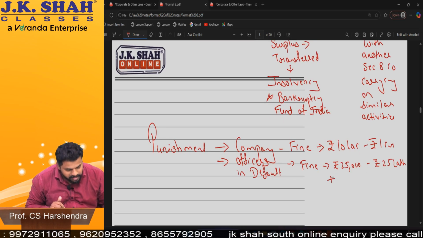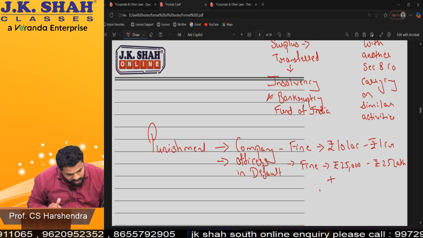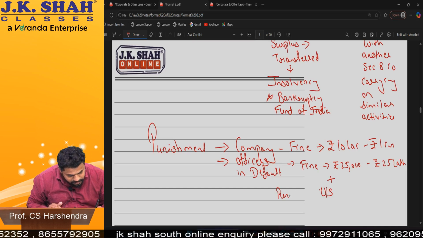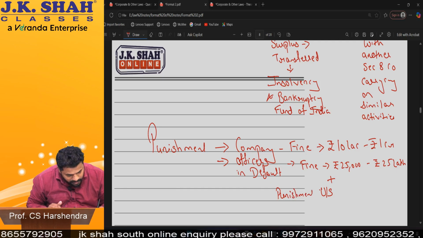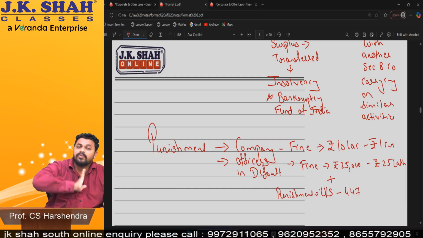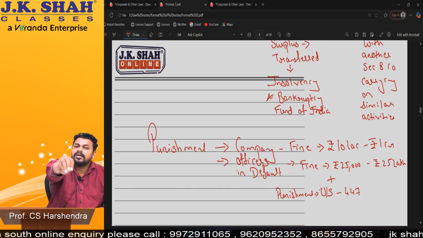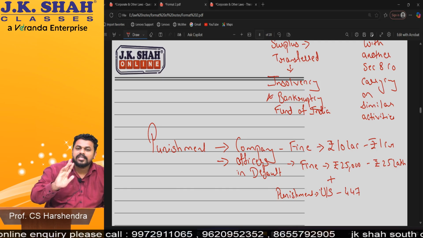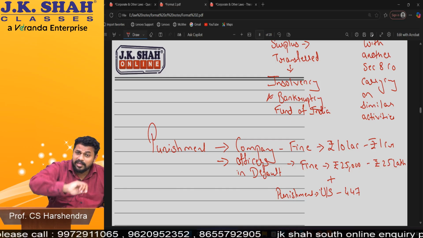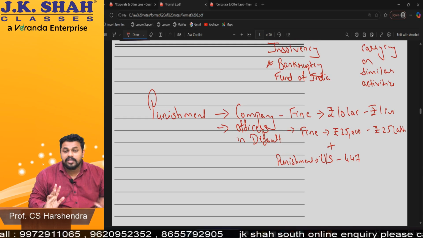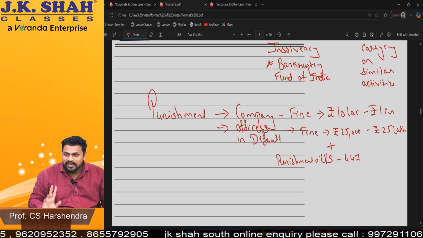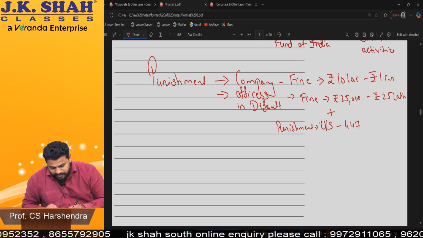Okay, plus he can award a punishment under Section 447. Now what is 447? In lesson number 3 we'll properly understand, but for the time being, jail up to 10 years if you intentionally did not follow the compliances, if you intentionally form the company to do fraud. Second method. Am I clear with this thing? Okay, did you understand? You are doing fraud with the government, the government will also do it with you. Am I clear? Okay, now clear everyone?